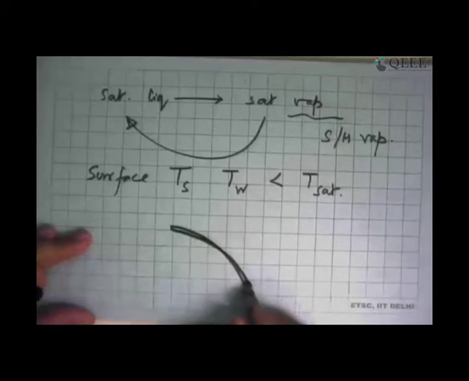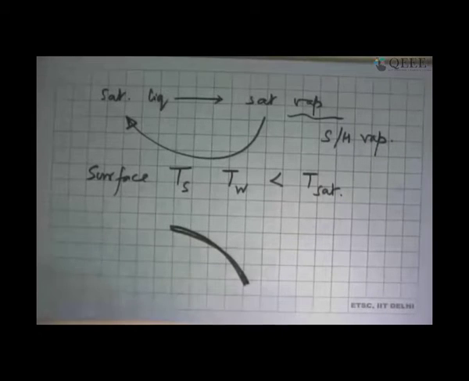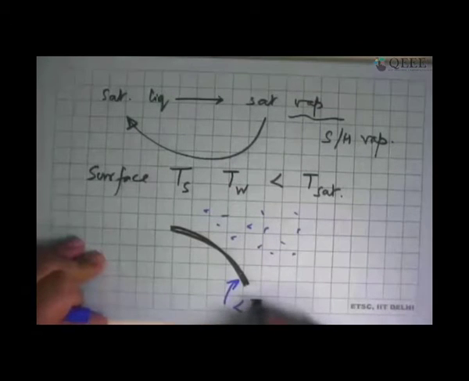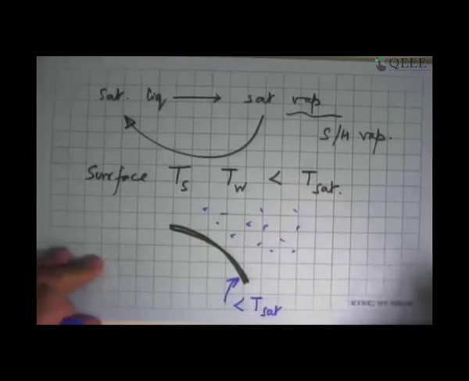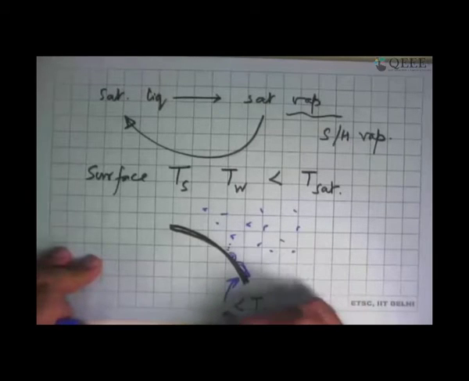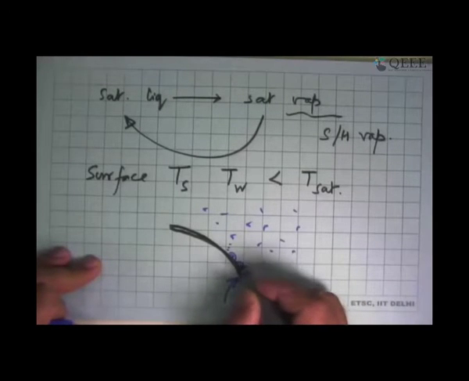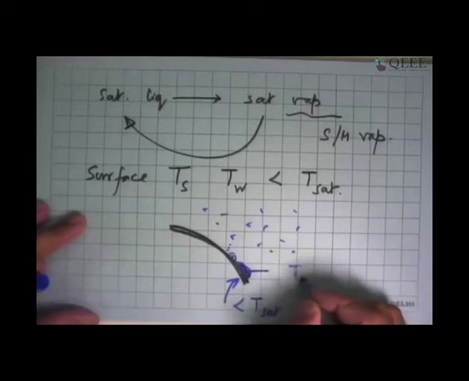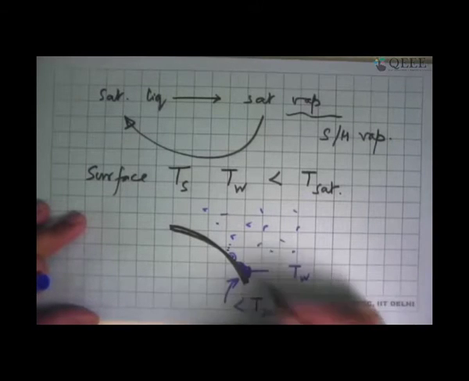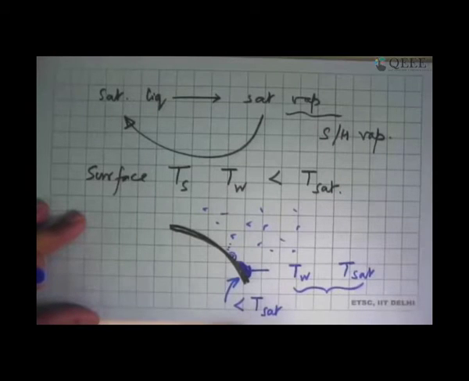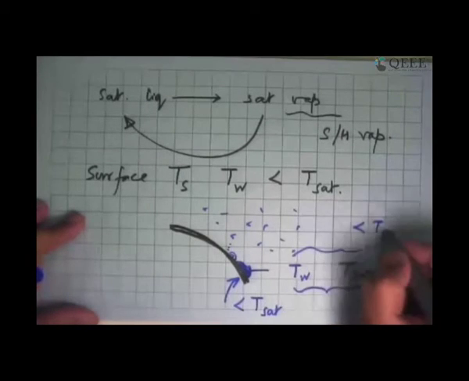The fact then is that whatever the surface may be, so I'll just draw this as a surface, and on this outside, say we have vapor, and we have maintained this surface below the saturation temperature. The thing is that as soon as this forms maybe a drop or maybe a film or whatever, this liquid that has formed here, a portion of that liquid will be at T wall, which is in contact with the wall. The one that is outside will be at saturation temperature, and so inside this liquid there will be a range of temperatures between T wall and Tsat, all of which are less than the saturation temperature.